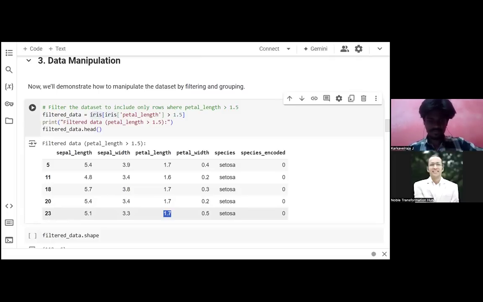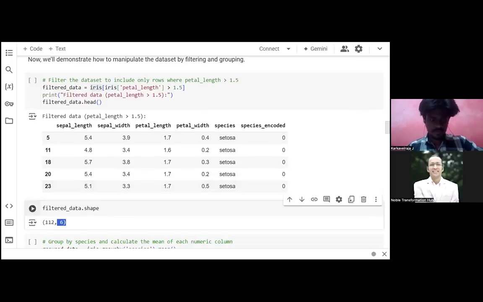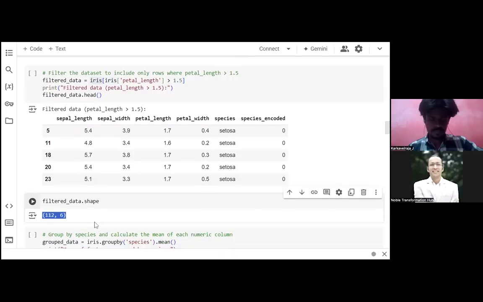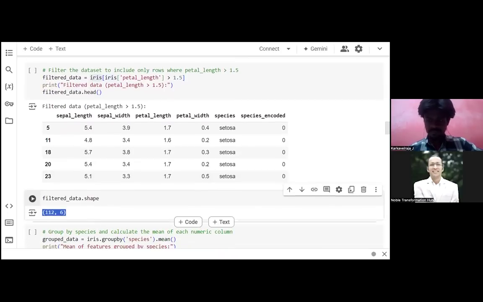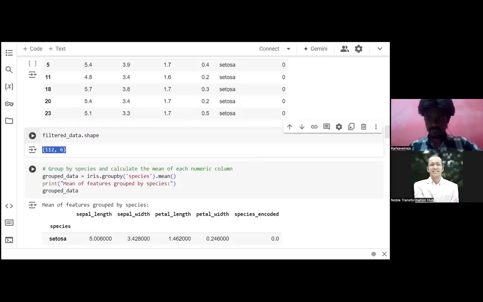Then we'll see the shape. This is the output, and we have 122 rows and columns shown. That is the shape after filtering. Before filtering, it would be more, right? This is how we can manipulate data with filtering.